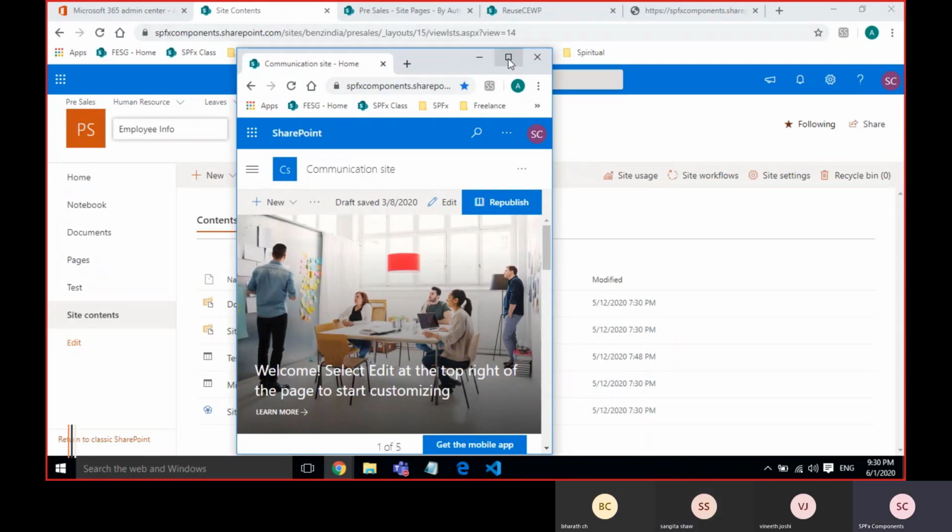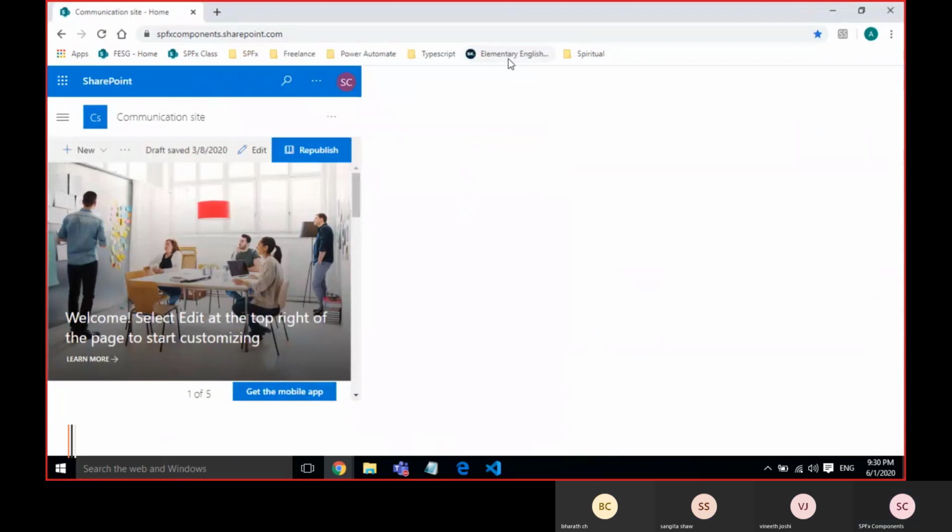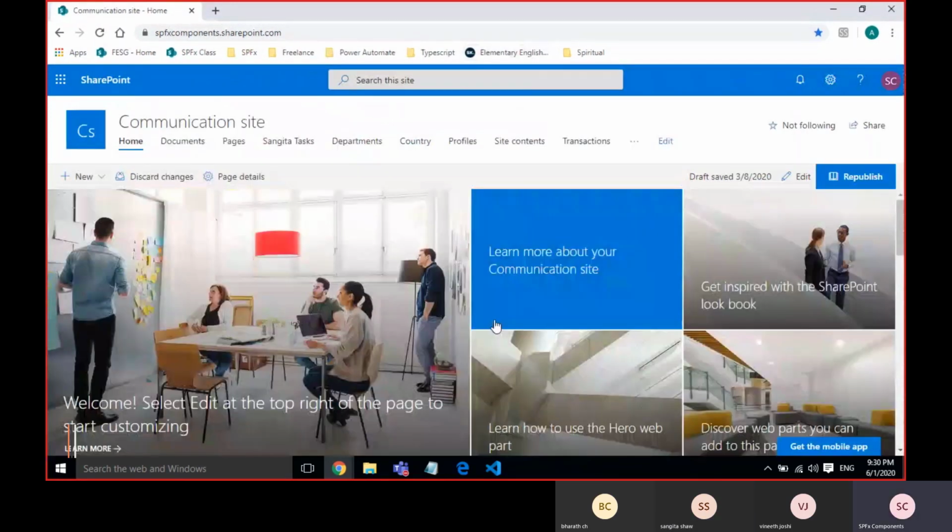We had faced lots of issues in server side coding. So maybe in future we'll see how to develop all those things. But I am just giving the example.